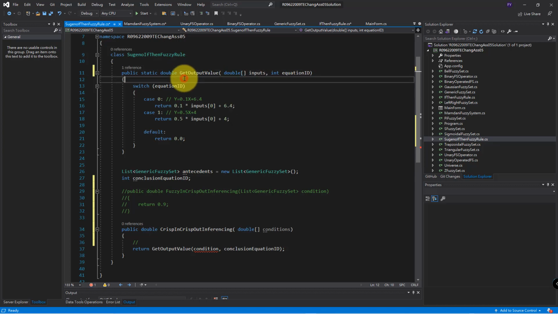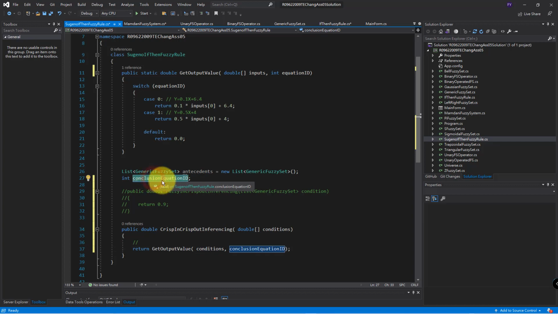This public static function is shared by all the scalar if-then rule objects, right? So once you get the conditions, you pass them into it, and since the user may specify the equation ID here, you simply pass it,